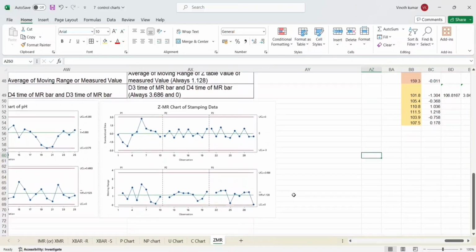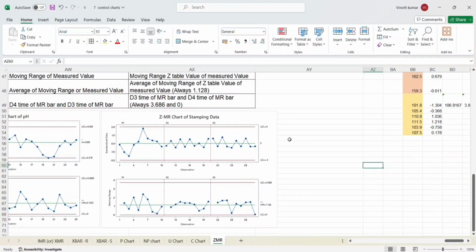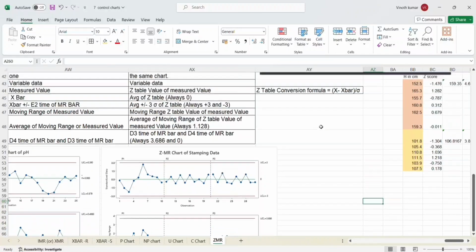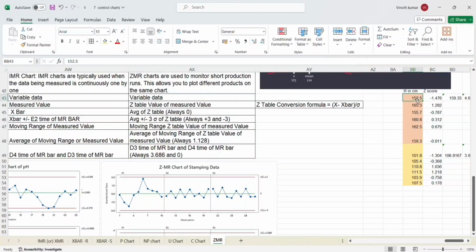And similarly for the moving range, what are we doing? We are drawing moving range chart for the consecutive Z value moving range, not for the absolute value moving range. For example, in this case the absolute value moving range will be the difference between these two data points, but the Z value moving range will be the difference between these two data points. So that is the value that we are going to draw, and for that also the formula is very similar